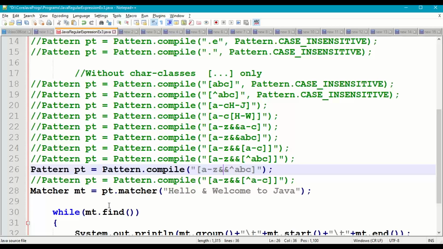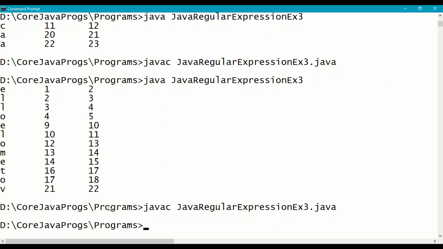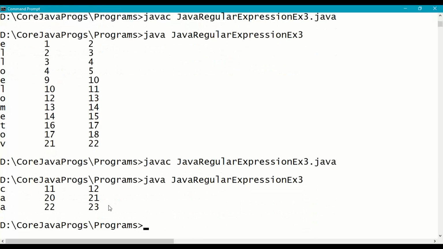So beginning of a character class is here. So we have to take another character class bracket compulsorily. If you take it here, it will give ABC only. So recompile and run. Okay, either A or B or C.